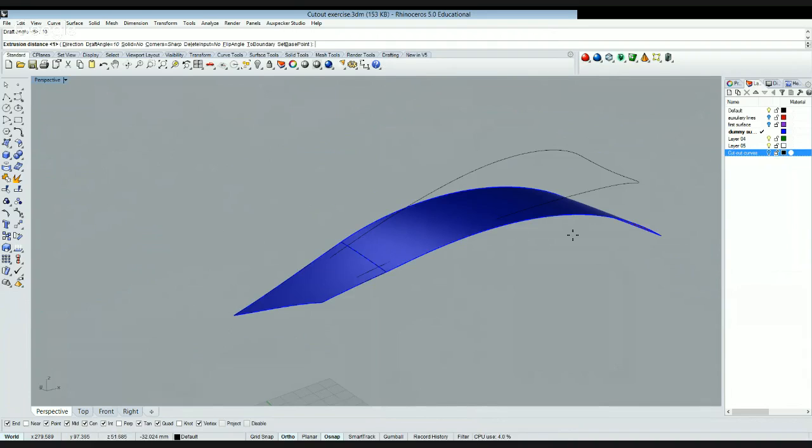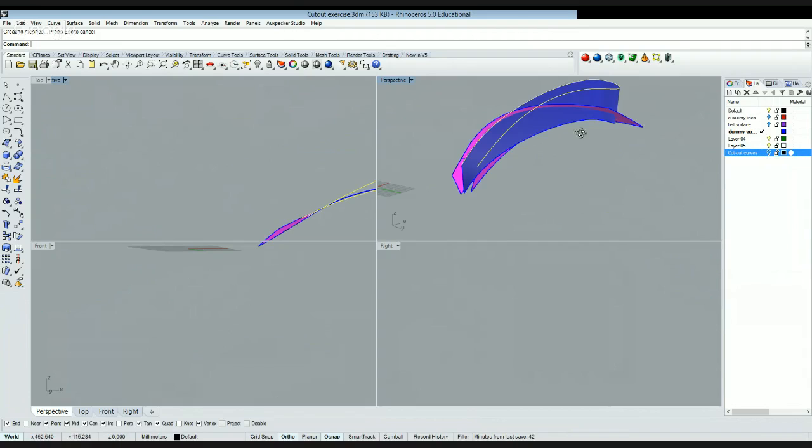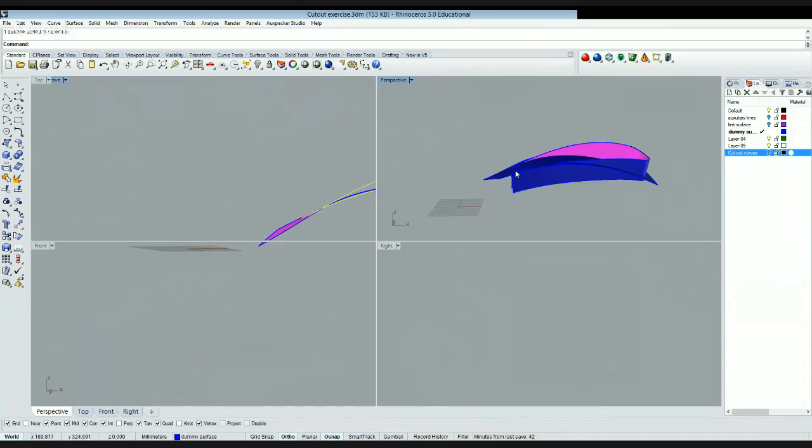Okay. So now I will come to my front viewport and I will extend this just a little bit further down from my floor surface. Okay, here. Okay, let's make sure. Okay. So now as you see,